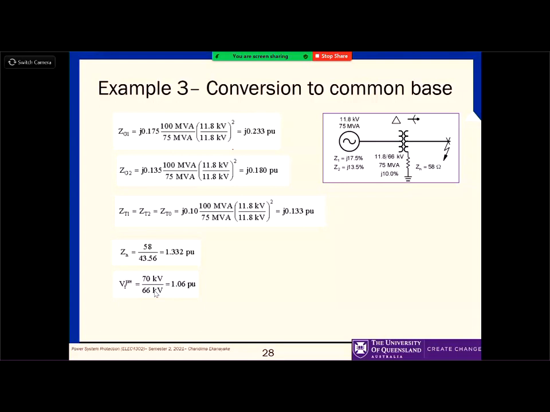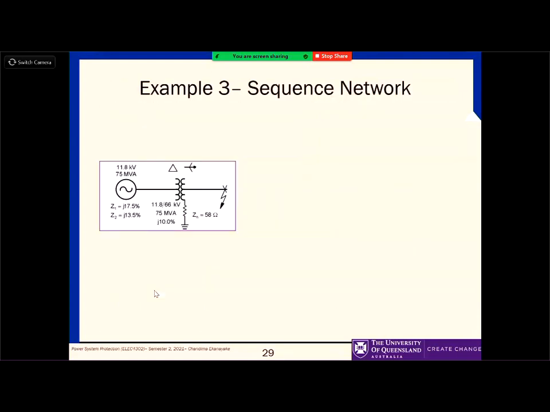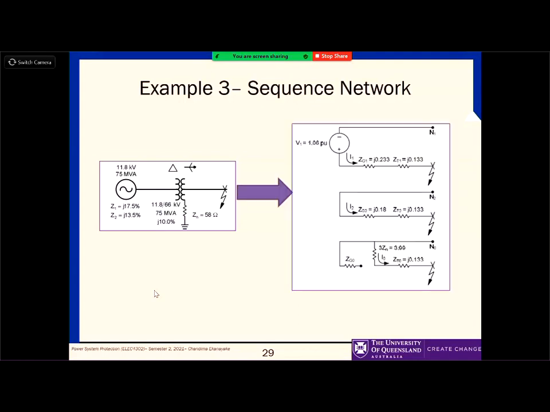Okay. So once you find that, the next step is defining the sequence networks, right? Now we have three sequence networks, and we need to connect them in different ways depending on which type of fault you are going to look at. So I have drawn this here. You can see that